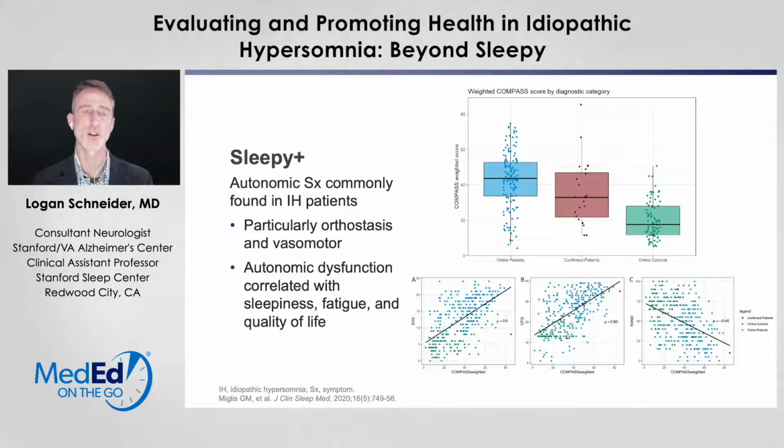Just looking here at the autonomic dysfunction, we see that certainly patients with idiopathic hypersomnia seem to have more autonomic dysfunction, higher prevalence of autonomic disorders like POTS, as well as higher rates of symptoms in categories like orthostasis and vasomotor symptoms. And it's the severity of these symptoms and conditions that seem to associate with their excessive daytime sleepiness, their levels of fatigue, as well as their quality of life. And so this is yet one more piece of this puzzle that we should be asking about and assessing